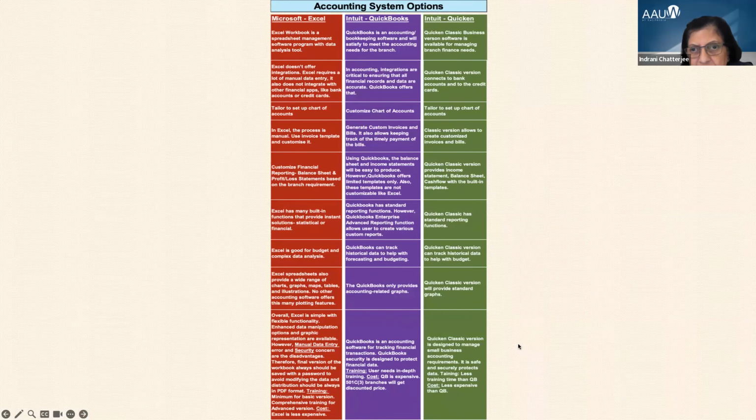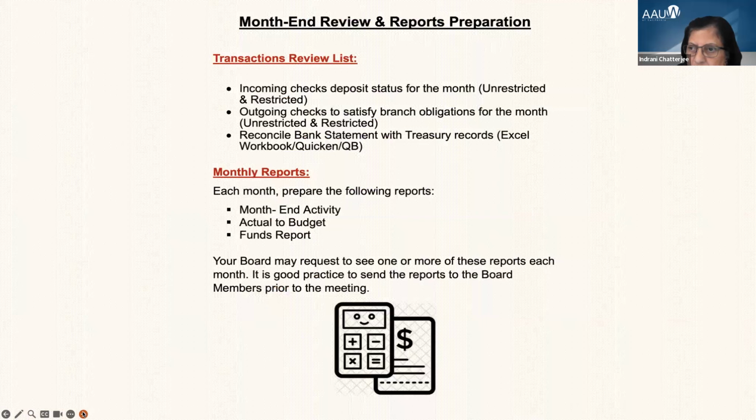This is accounting system options. From the poll, I see that 56% of you are using Excel. Yes, Excel is very flexible. It is a workbook, a spreadsheet management software with a data analysis tool. QuickBooks and Quicken are both accounting software.